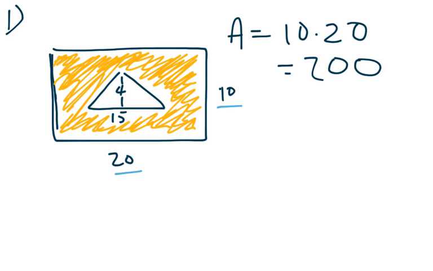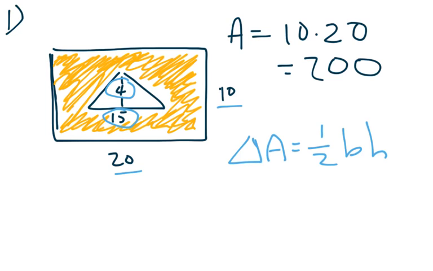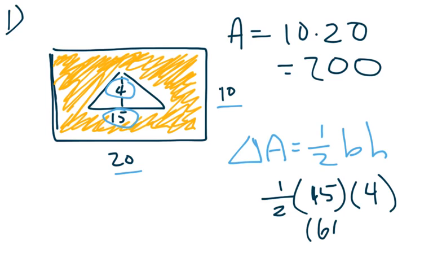Now what we want to do is find the area of the triangle. In order to find the area of a triangle, the triangle area is half base times height. So the base here is 15 and the height is 4. So we're going to say half of 15 times 4. So 15 times 4 is 60, and in order to find half of that, we divide it by